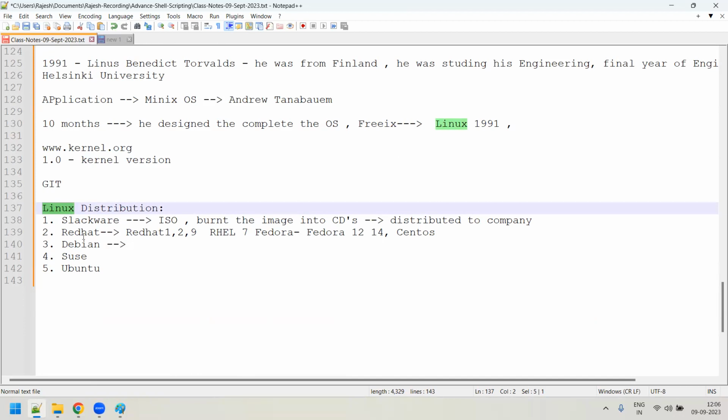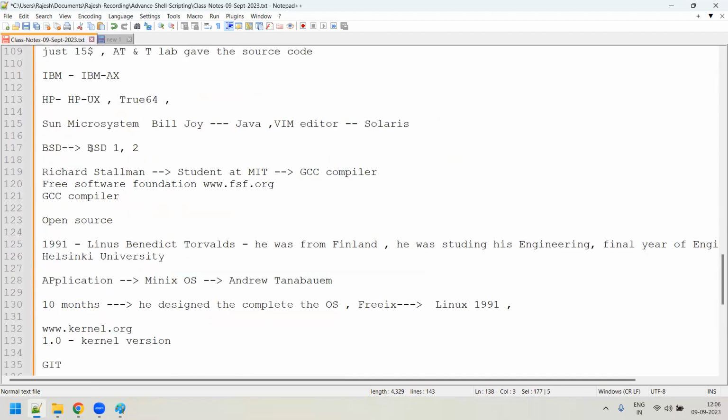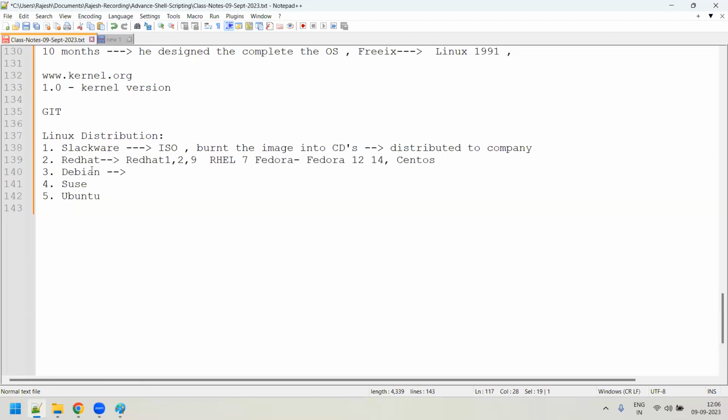Hence, once people started working on Linux, most of the companies who were using Berkeley Software Distribution, BSD1, BSD2, or SCO Unix, those are very traditional Unix operating systems, they switched to Linux because they found a lot of new features, whatever they needed, in Linux compared to the previous Unix flavors. Hence, the companies started slowly shifting.